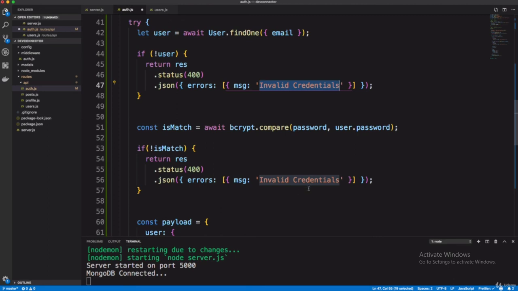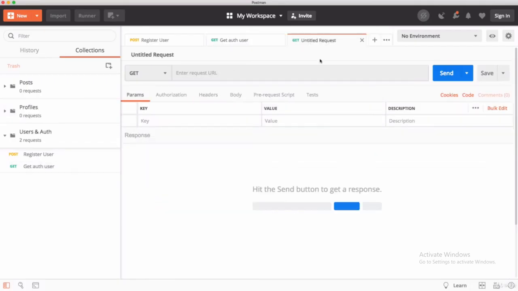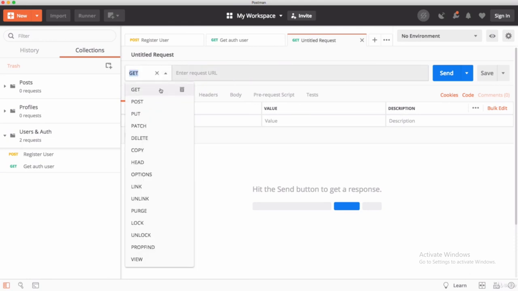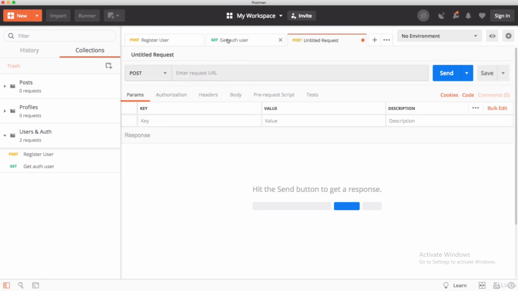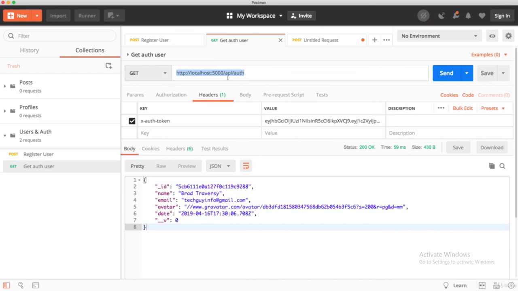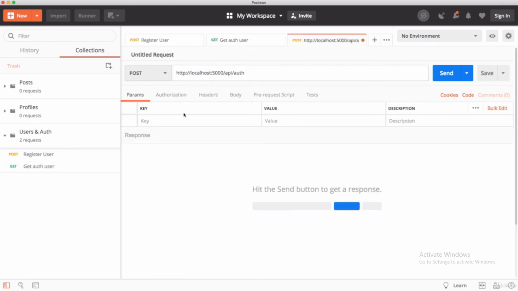Let's check in Postman. Here I'm coming back to Postman. I'm selecting the post route and copying the address from here and pasting it here.